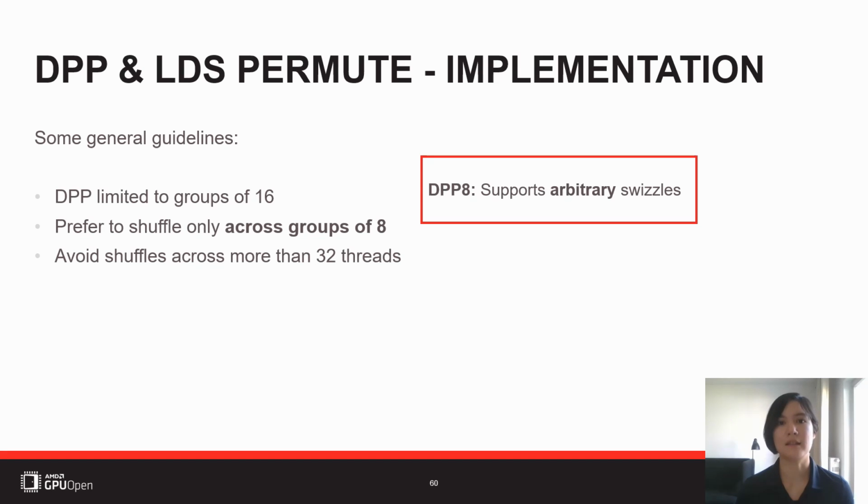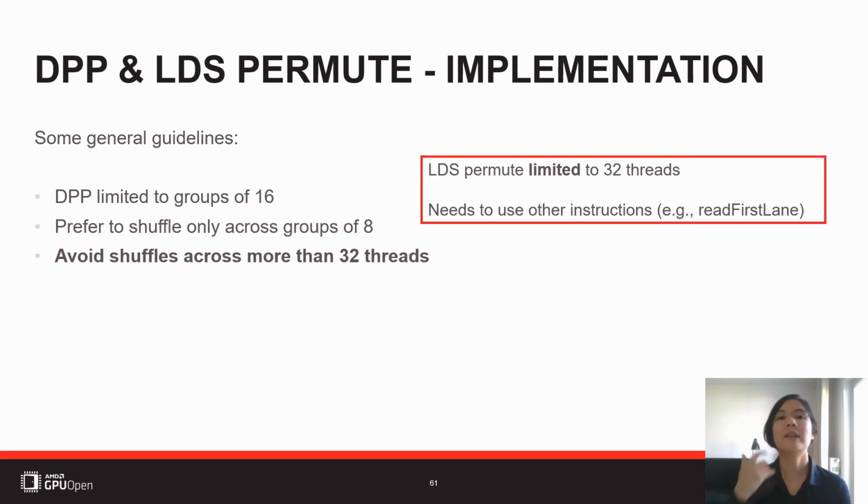If you are getting wider, if you are doing Swizzles along a group of 16, for example, maybe it's very efficient as well, depending on your Swizzle pattern, but sometimes you need more instructions to actually realize this. And then, of course, don't go beyond a group of 32, because in this case you can't use DPP, you can't use LDSP anymore, so the compiler needs to use some other techniques, and this gets really quickly really ugly.